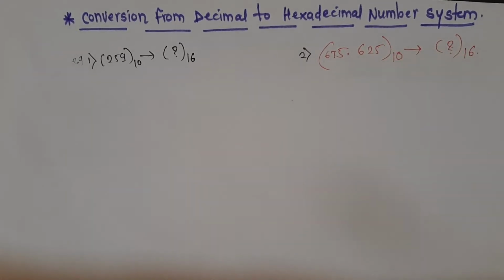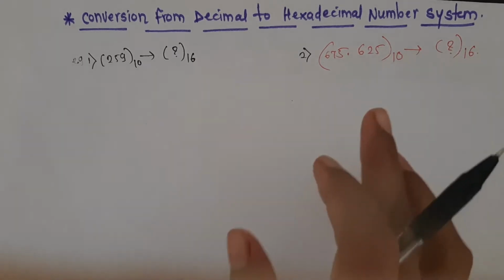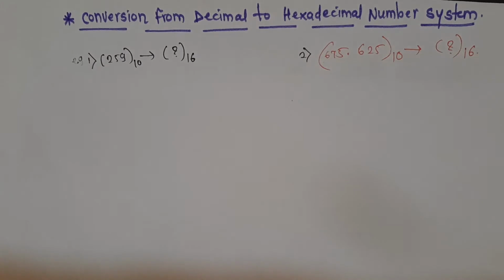So we have seen that the method is the same for all three conversions: we are converting a decimal number to three other forms, decimal to binary, decimal to octal and decimal to hexadecimal. That's why the process is the same. Only one change is there: the dividing factor is different, because the dividing factor is nothing but the base of the system in which we are converting. So in decimal to binary, the converting number system is binary. That's why the dividing and multiplication factor was 2.